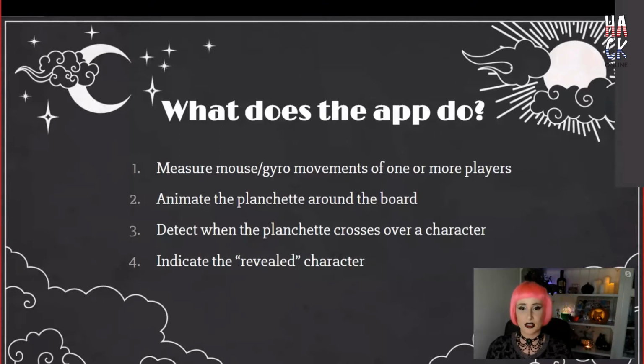We are going to animate the planchette around the board according to those measurements. We're going to detect when the planchette crosses over a letter, a number, or a word. For the ease of saying those three things constantly throughout the talk, I'm just going to call them characters. And then we need to indicate to the players that a character has been revealed by the planchette.